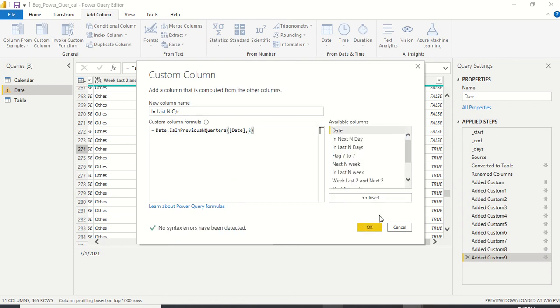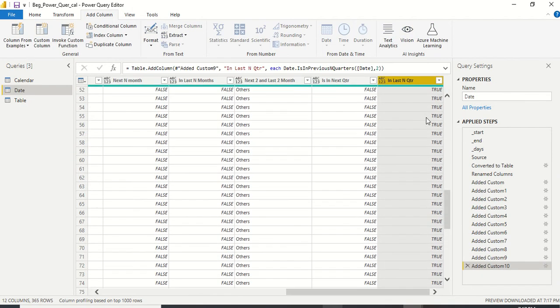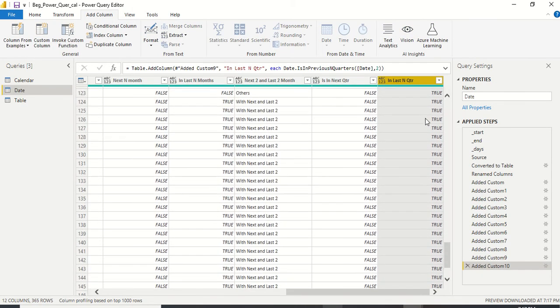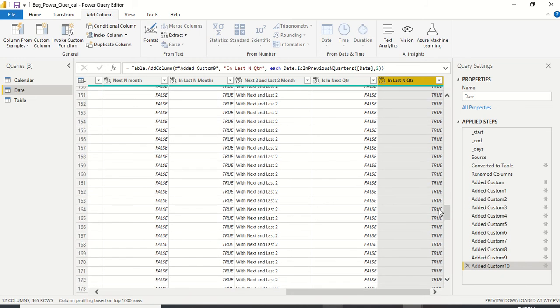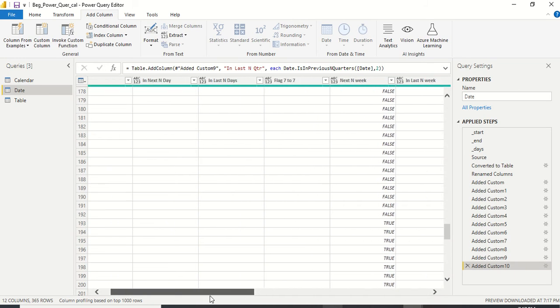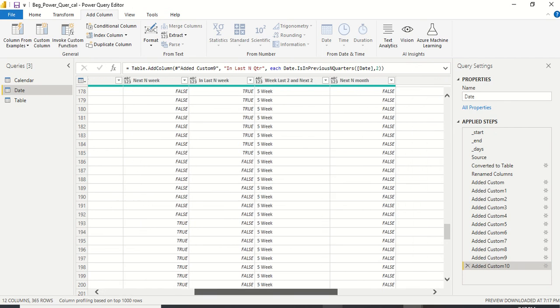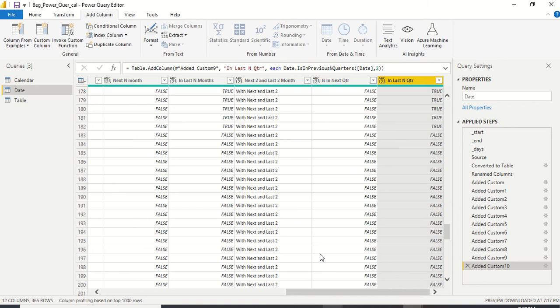So is in previous 2 quarters, and the starting one should itself be correct, because we have only created 2 quarters before the current quarter, that's Q1 of 2021 and Q4 of 2020. And if you see, there is a switch which is happening, so we can quickly go and check it out. This should be the current month. We are recording this in April of 2021, so that's why it is happening like this. Now we know we got the previous 2 quarters and the next 2 quarters.